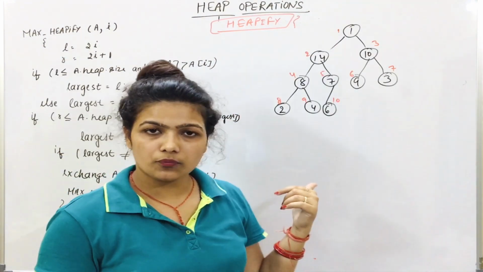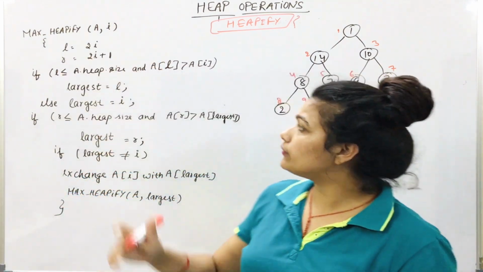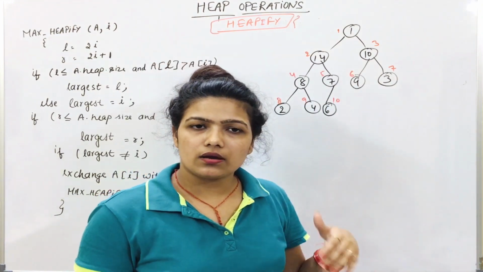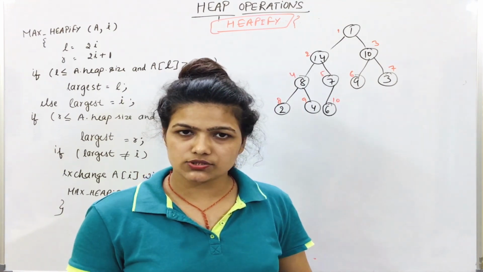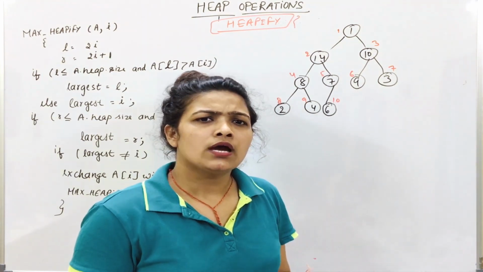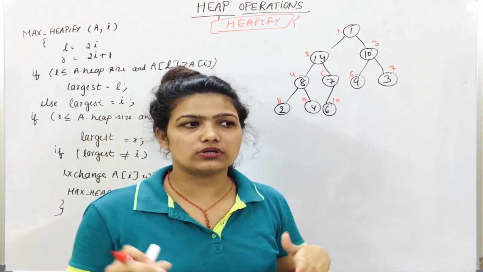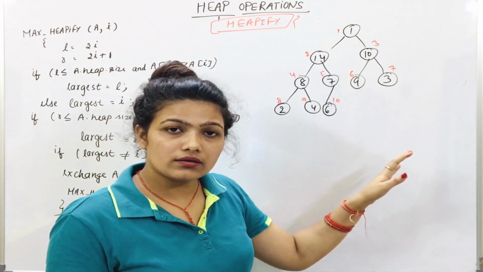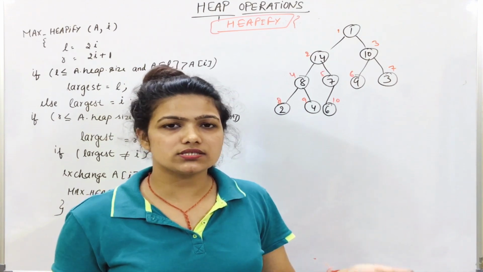Now let's see the first operation, that is the heapify operation. First, we will see 1 or 2 examples. After that, we will go to the algorithm. After that, we will see by the recurrence equation what the time complexity and the space complexity are. And instead of the recurrence equation, we will also see how we can simply calculate its time complexity and space complexity in simple and easy terms, so that in the exam we don't have to panic and don't need to make a recurrence equation and then solve it.